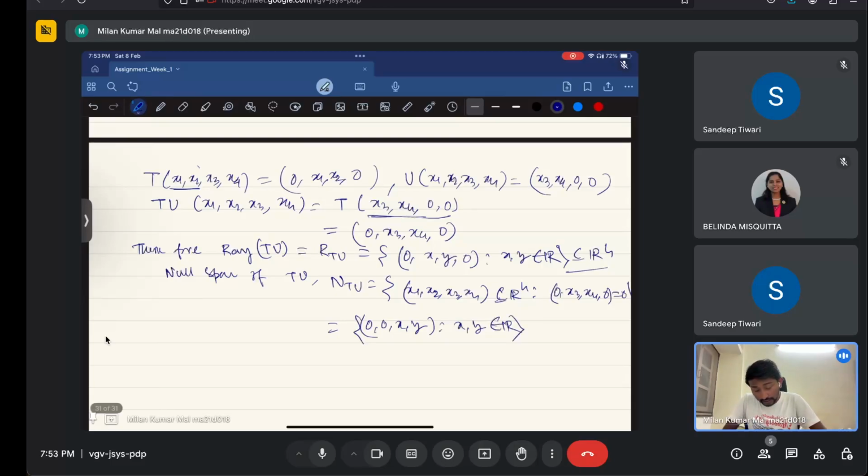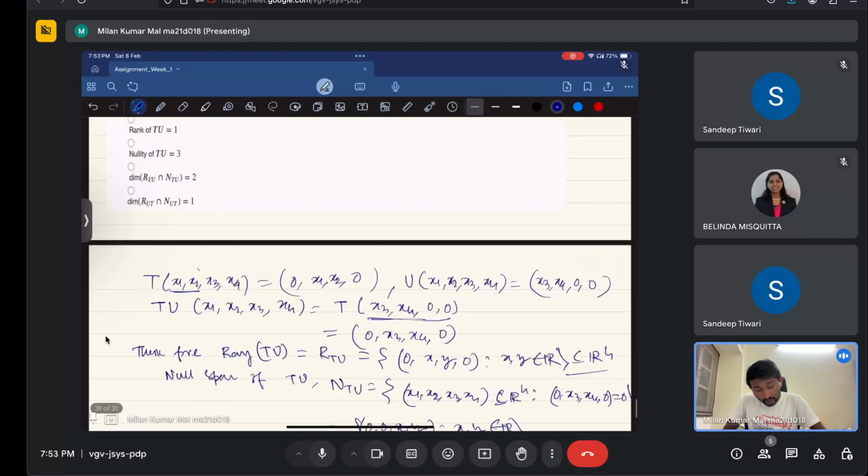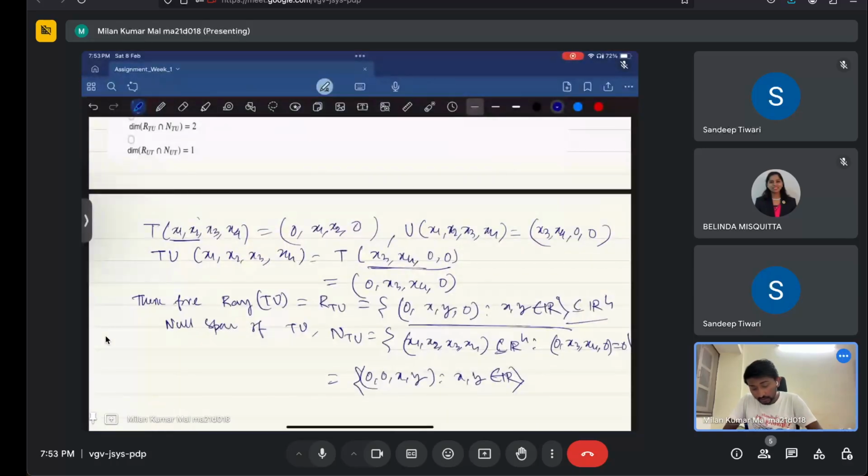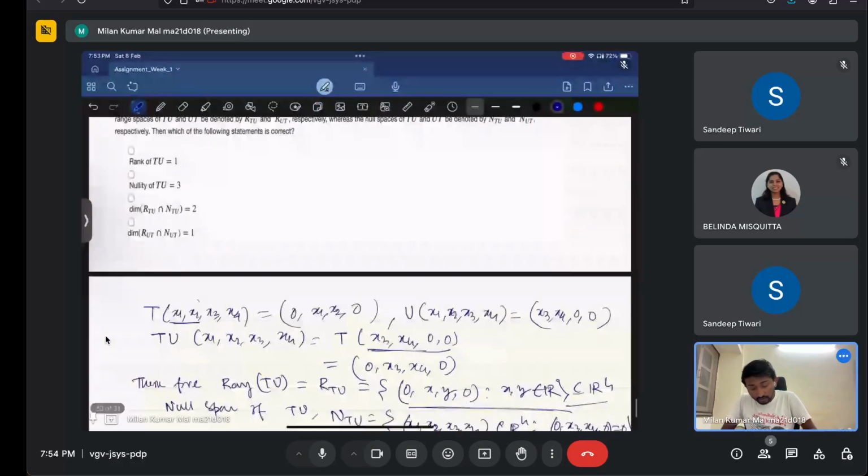So the first condition, that the rank of TU is 1, is false because the rank of TU is 2. Clear? So the first is false. Nullity of TU is 3, that is also false. So therefore,